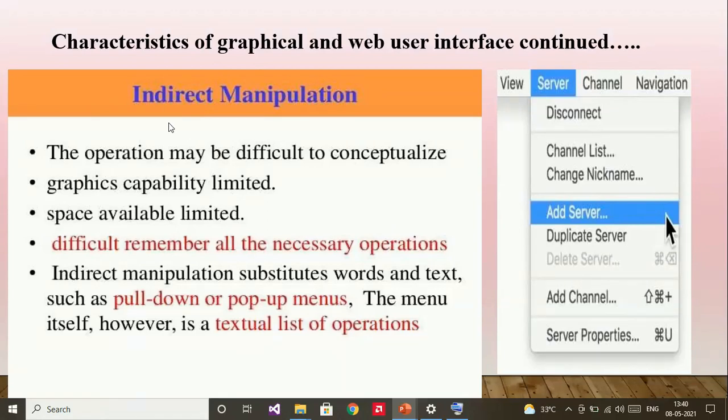And the amount of space available for placing the manipulation controls in the window border may be limited. For example, take your mobile applications. You are going to see many icons there, and in desktop systems, you may see similar kinds of icons.